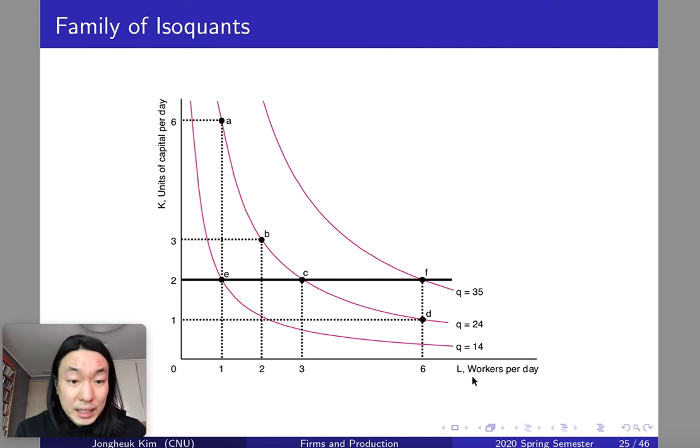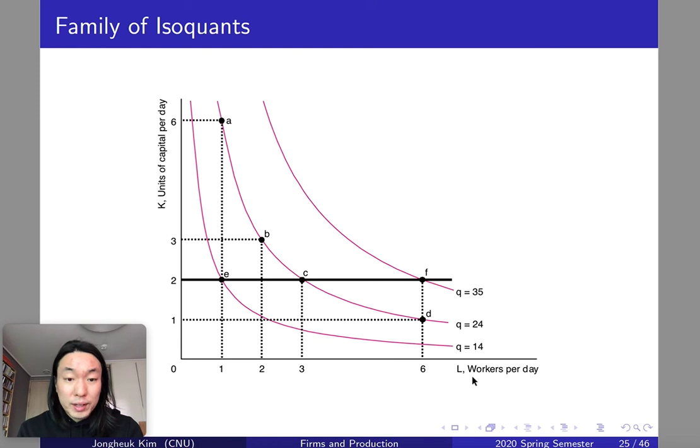At point E, the combination of input is 2 units of capital and 1 unit of labor. So 1 unit of labor and 2 units of capital can produce 14 units of output. But fixing the level of capital at 2, you can increase the level of labor from 1 to 3. So you can move from point E to point C